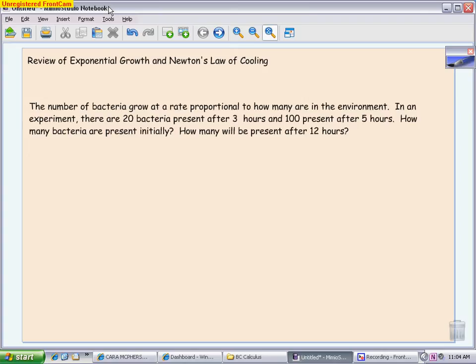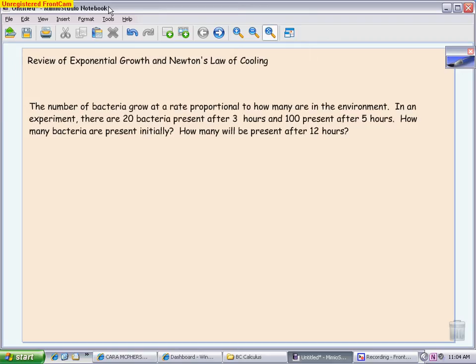And then Newton's law of cooling, which even though it does tend to show up on the syllabus of AB calculus, it tends to not show up much in a testing environment until BC calculus. So we'll do one of each and try to do ones that are very similar to what you'll see on a quiz. So first one talks about the rate, the number of bacteria growing at a rate proportional to how